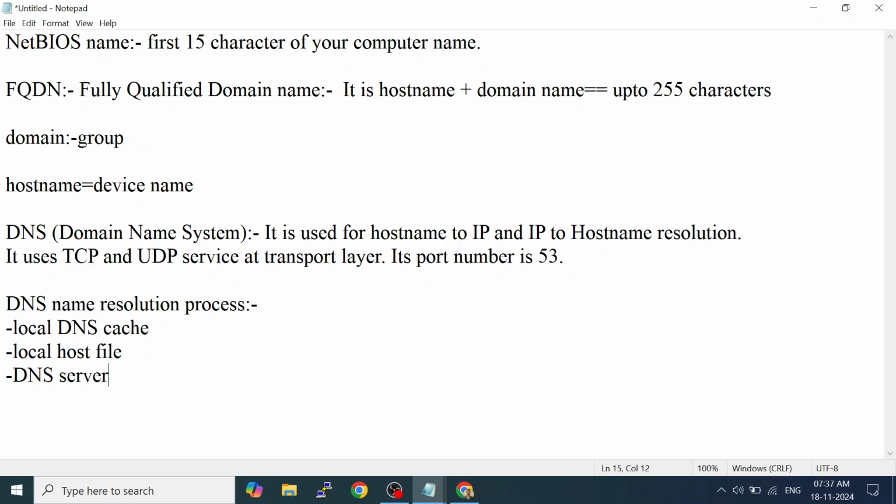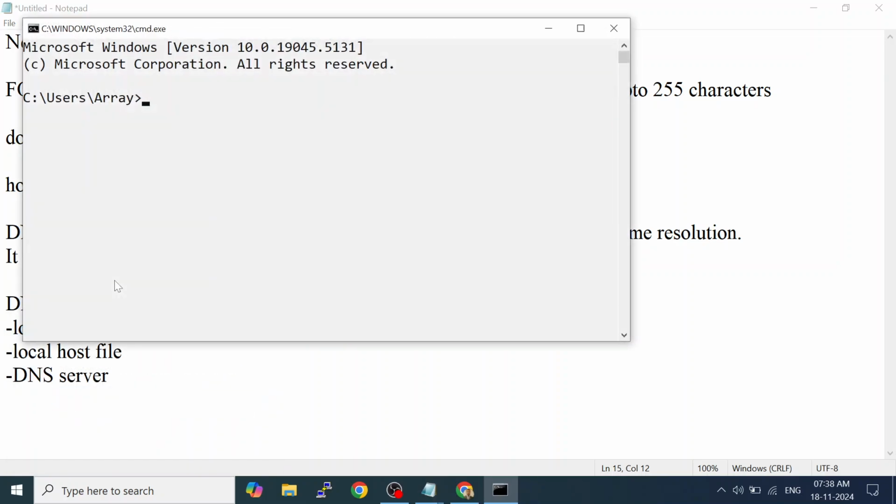Okay. So suppose there is a change and some other person is able to access something, but you are not able to access the same thing. You are not able to resolve the name from your computer. What will you do as troubleshooting? The DNS server is definitely not in your control as a client. So you have only two things in your control: one is the host file, one is the DNS cache. You have to clear the DNS cache, because maybe it was resolved recently and the name is being resolved from the cache.